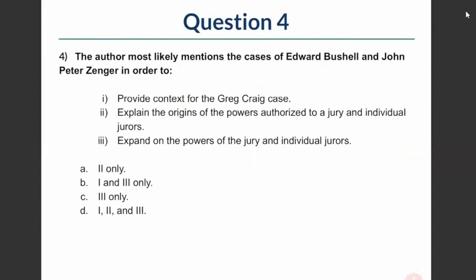All right, question 4. The author most likely mentions the cases of Edward Bushell and John Peter Zenger in order to provide context for the Greg Craig case, explain the origins of the powers authorized to a jury and individual jurors, expand on the powers of the jury and individual jurors. Okay, so as you can tell, this is another format used for CARS questions, where we have 3 statements, and then our answer choices contain different combinations of these 3